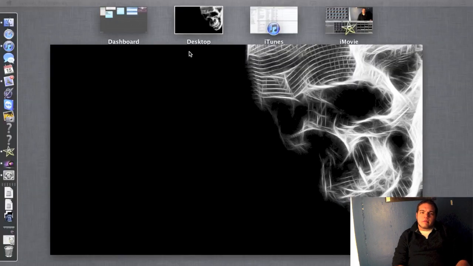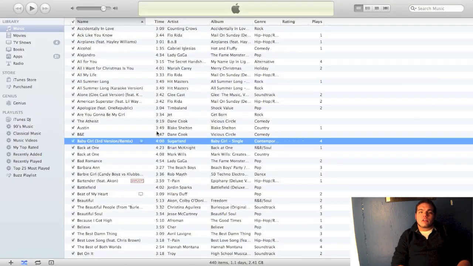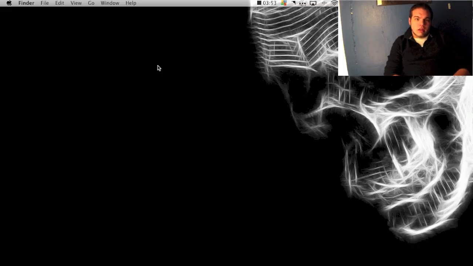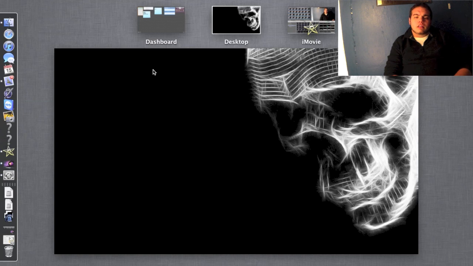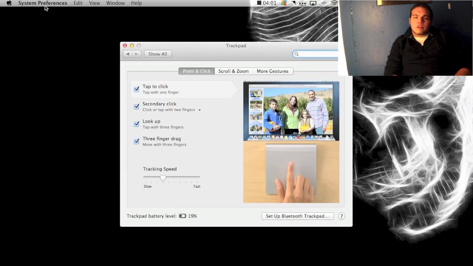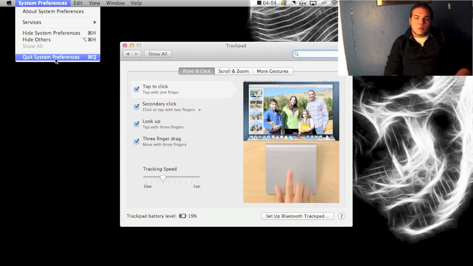Also, if you're in a program and you're done, let's say you finish sending off your email to your friend and you're using a web-based email, if you hit the Apple or Command key and then Q, it's going to quit that program. That is instead of going to the program, clicking on it, and using the quit program feature. There's a great many shortcuts for the keyboard and for the trackpad, and if you wish to learn more of them, you can do so simply by clicking on the link below, and it will give you full detail of all of the shortcuts.